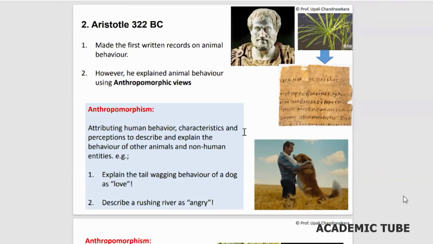Then this particular behavior, the tail wagging behavior of the dog, can be explained as love. Love is a kind of feeling we have. We don't know if the dogs really have that feeling. Reason is,